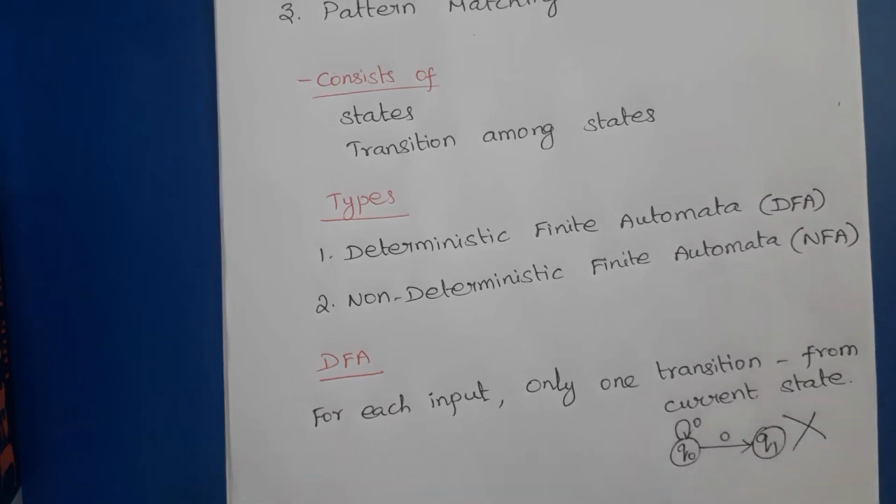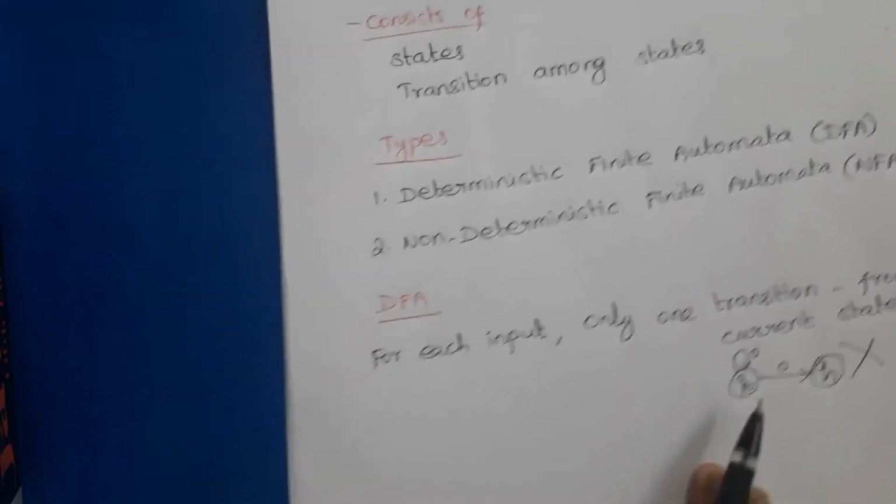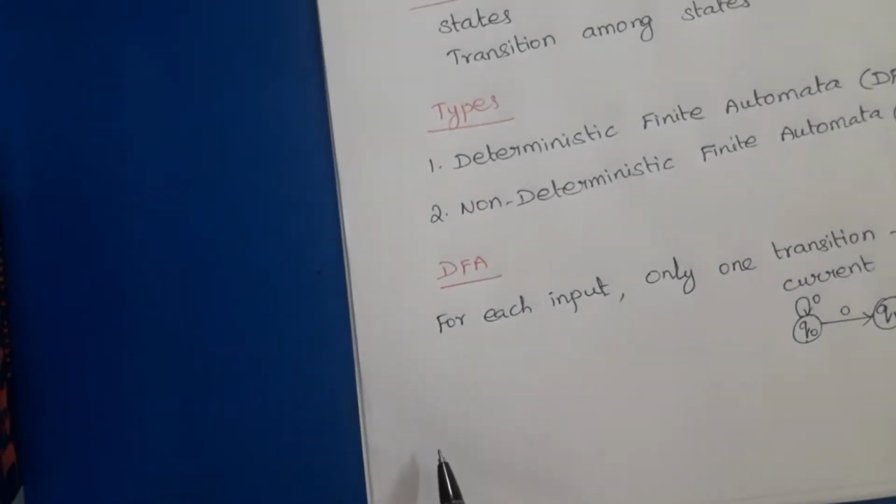So this is wrong in DFA. For each input symbol, only one transition is possible from the current state. But this is possible in non-deterministic finite automata, because in deterministic finite automata the transition is determined. So we can formally represent a DFA